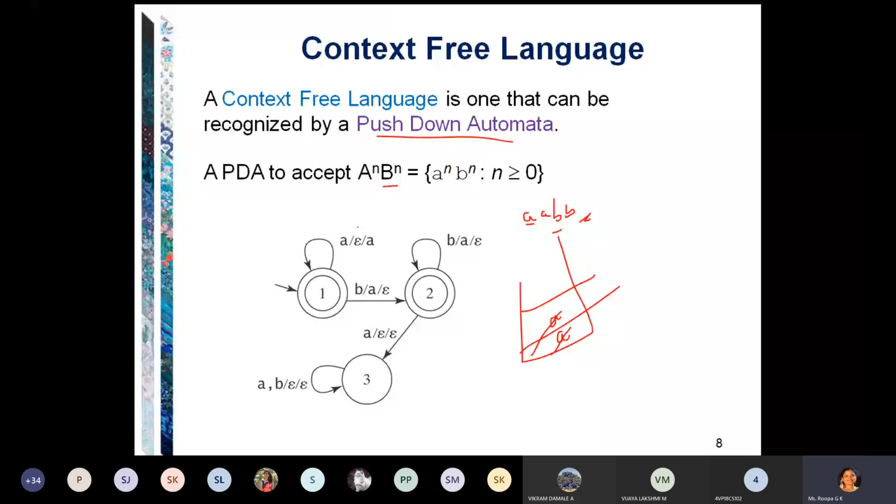I think in the third module, let us discuss. I will not explain what are the three components of this push-down automata and all. Later, in detail, we will discuss. The logic behind this push-down automata is making use of stack. Clear now?